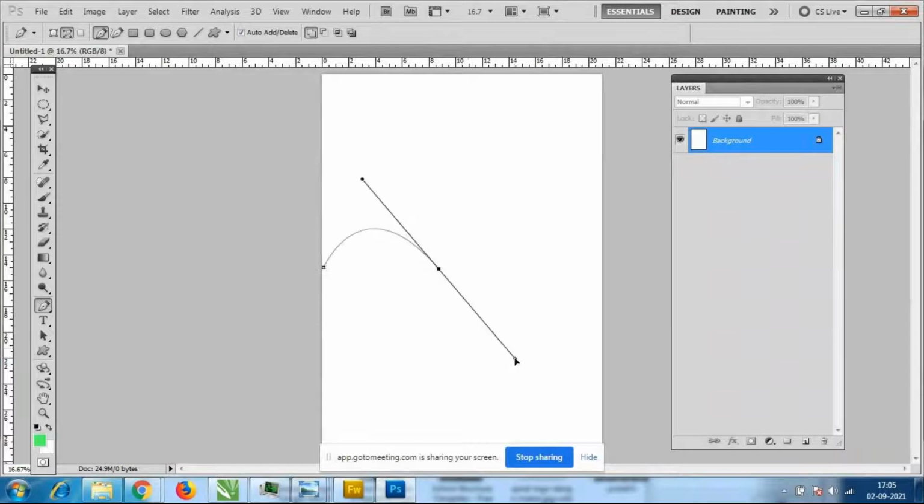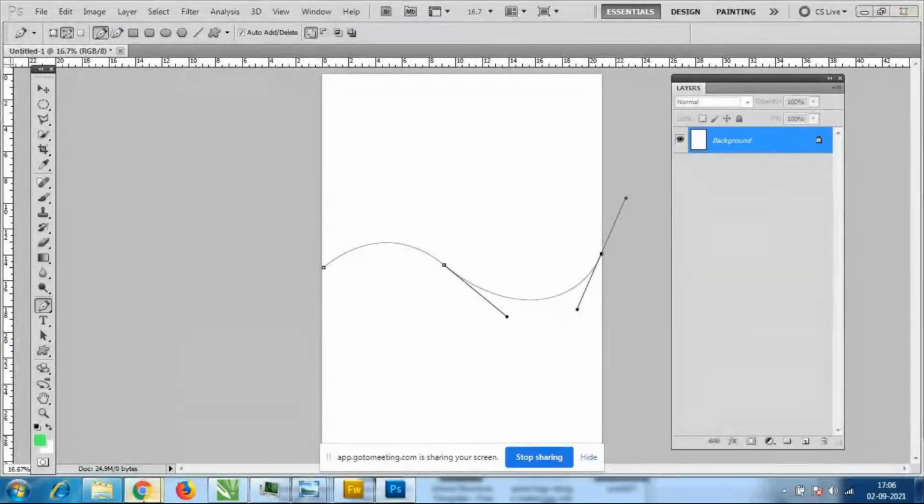However much you want, you can make it like this. Select one point here and just make it like this. You can take any curve shapes. When we have to create curve shapes, at that time we have to use the pen tool. Okay, next select one more point here. I want the shape like this. So these are the points we call anchor points. Can you see here?